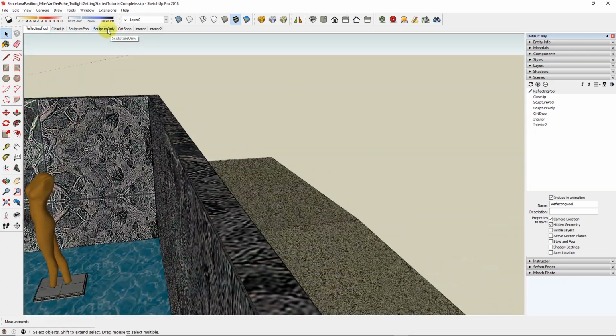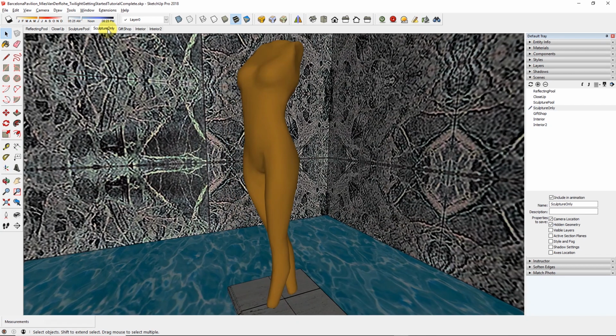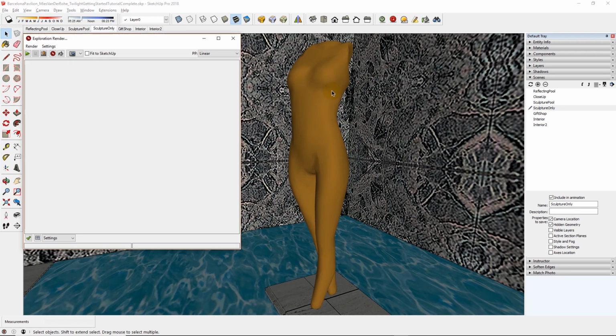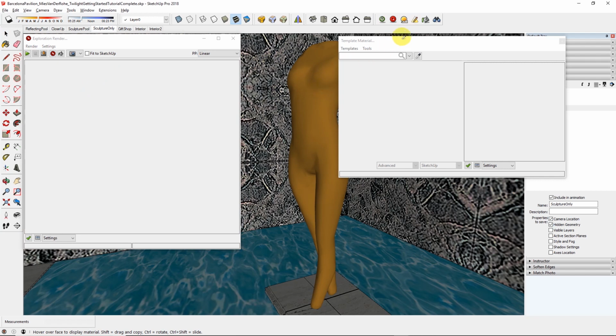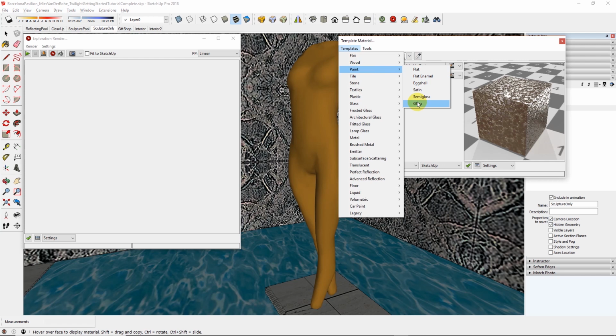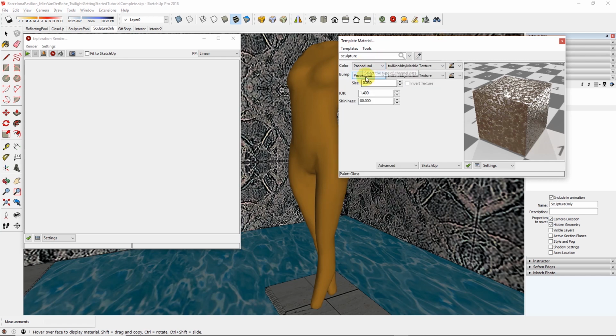Let's briefly look at these procedurals though. If we go to the Sculpture Only tab, we can look at the sculpture. I'm going to move it over just a little bit, and we're going to talk about the procedural materials on this model right here. We have used the template paint gloss, and then we applied in the color channel and the bump channel the same Twilight Knobby marble texture. We set the size of the bump to 0.050, and in the Twilight Knobby marble texture